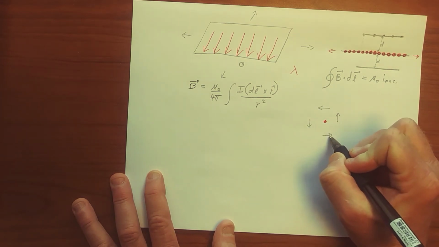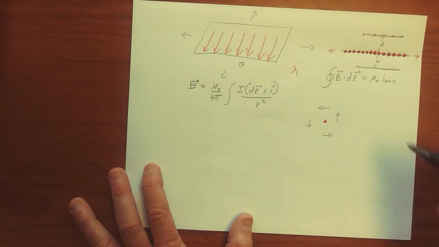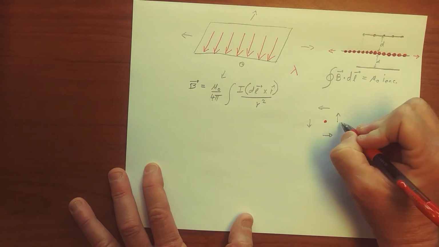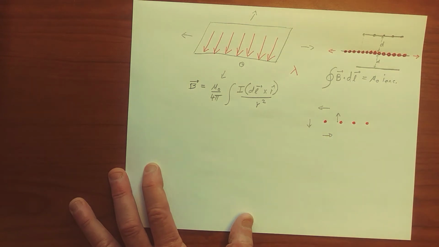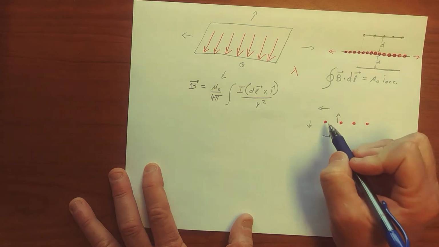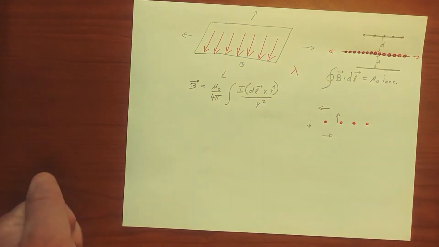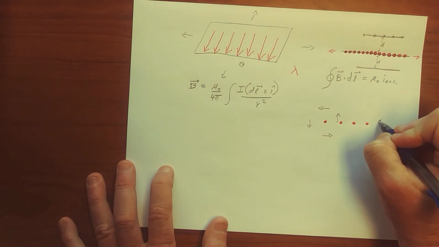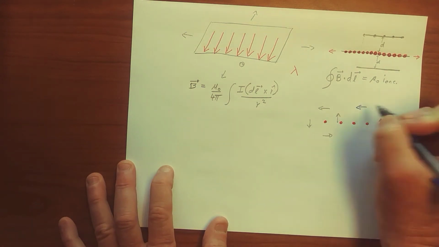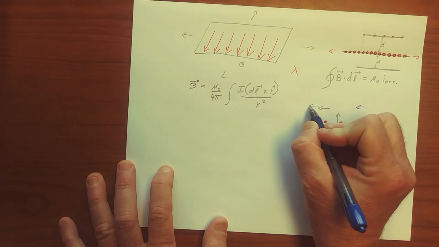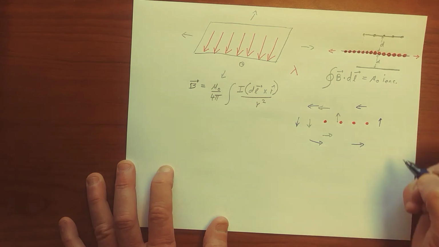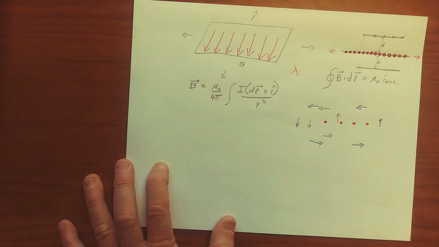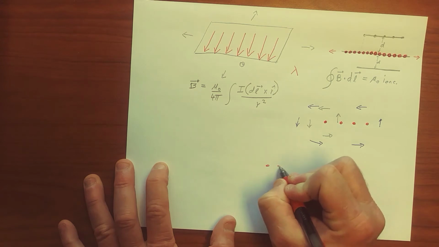The magnetic field of the infinite long current carrying wire circles around, and so when we start to add more of these, we want to respect the basic principle that magnetic fields curl around the source, but if the source is now stretching out this way, then the magnetic field has to do something like that and stretch out. So we'll make some blue magnetic field lines. The magnetic field has to do something like that and stretch out, and eventually, if we stretch this out enough,